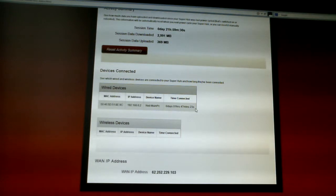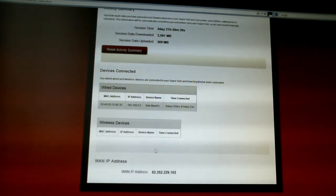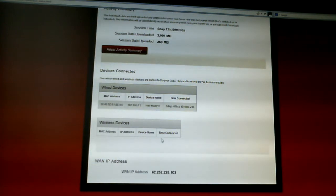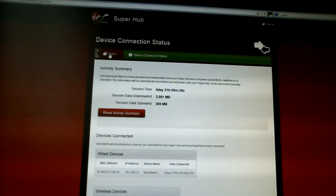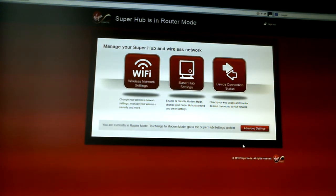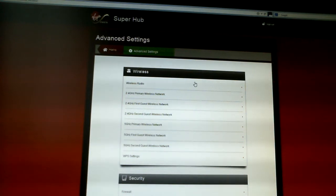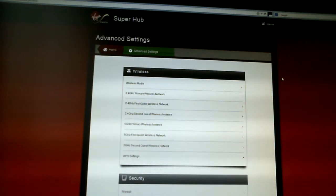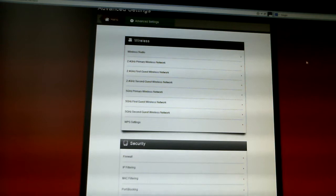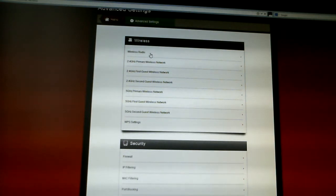I've only got my main computer connected now. If I add any wireless devices, it would show there. So that's that for the easy interface. Now if I go into the advanced settings, this does give you a lot more features to adjust. If I now go into the wireless radio part,